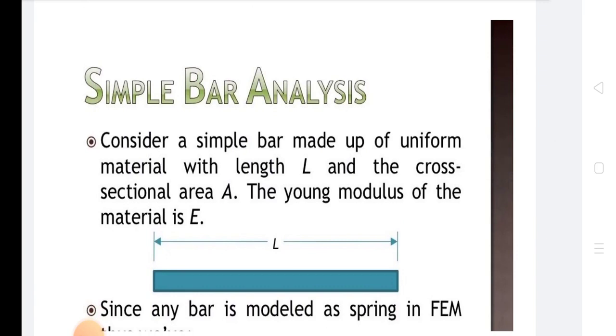In FEA, the first step is to discretize the given continuum into a smaller number of parts called elements. The displacement variation for these elements is unknown, hence a trial function is assumed for the displacement of an element. There are two functions available for assuming the displacement variation of an element. They are polynomial displacement function and trigonometric displacement function.